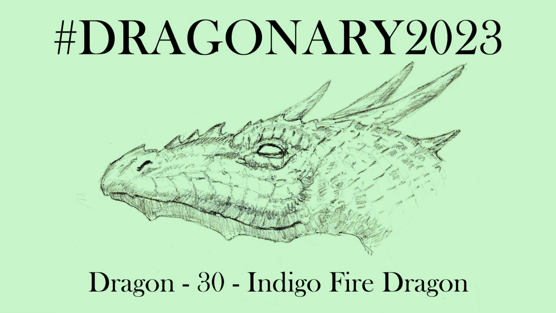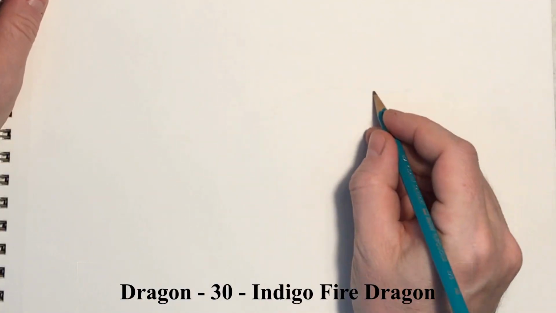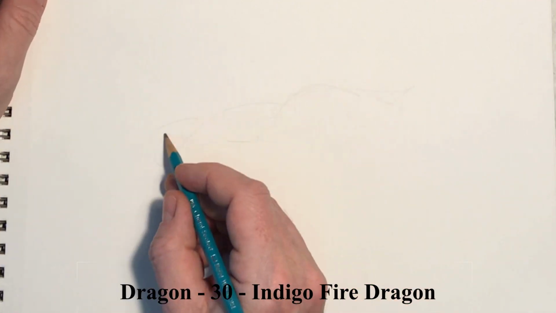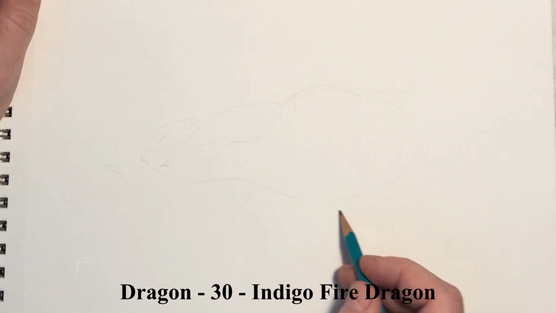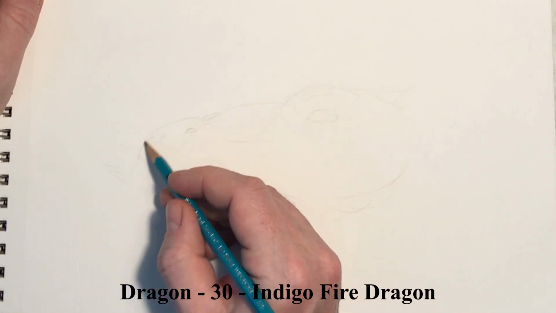This is Dragon 30. This is the Indigo Fire Dragon. Okay, so at this stage of the game, we've done some oddball, kind of really creative guys and all that sort of thing. So I thought it was time to just steer this back to a good old-fashioned,